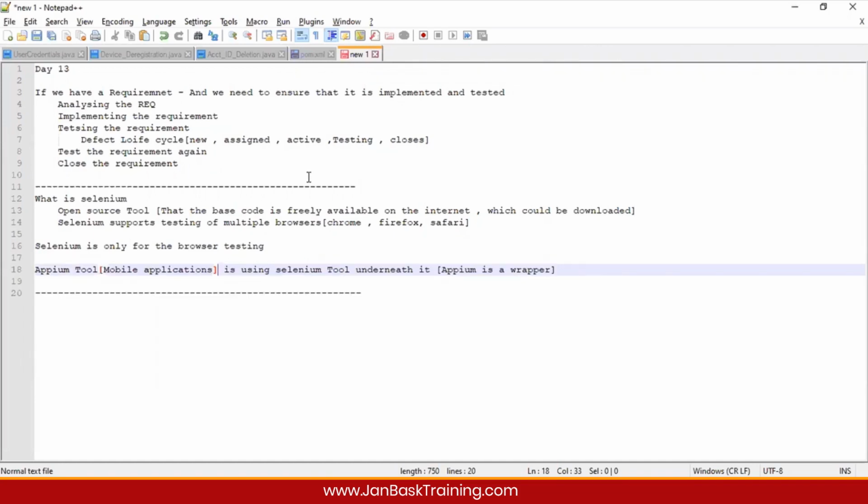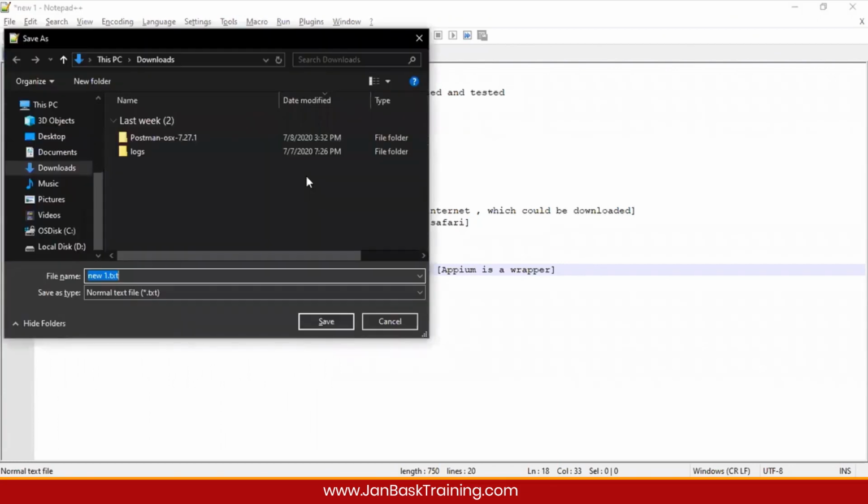So I'll just show you one feature. You see that we have this option to save a document to a location, right? So this is a Windows pop-up. Do you agree? We could even automate this with the help of Selenium, but not Selenium alone, because Selenium is only for browsers.